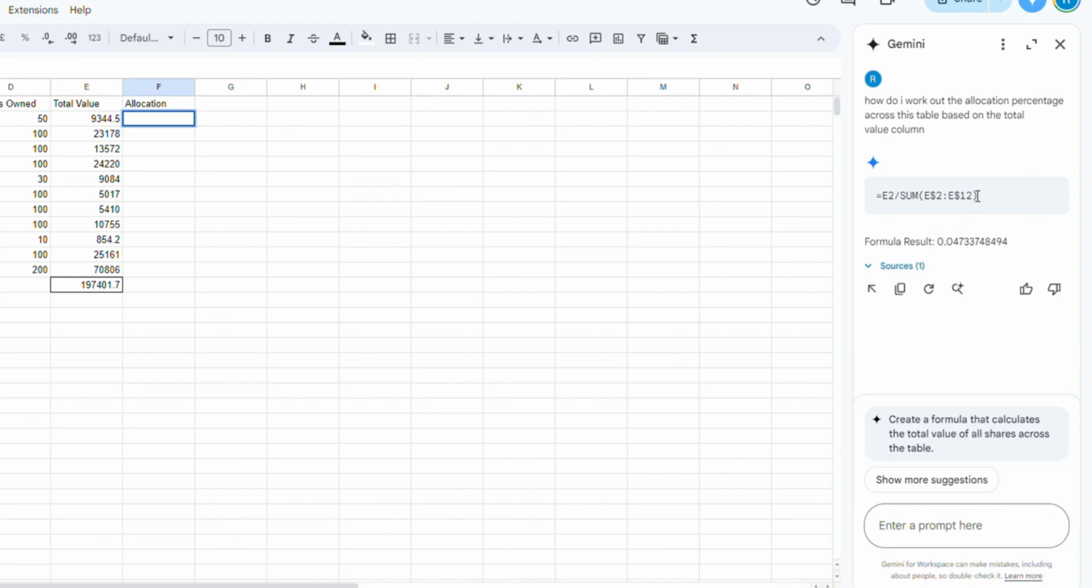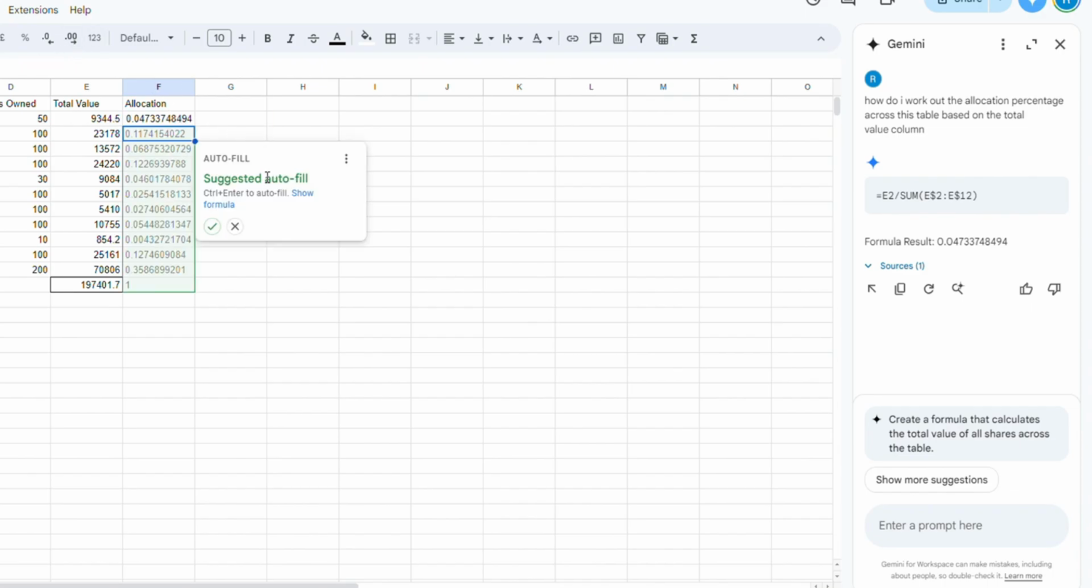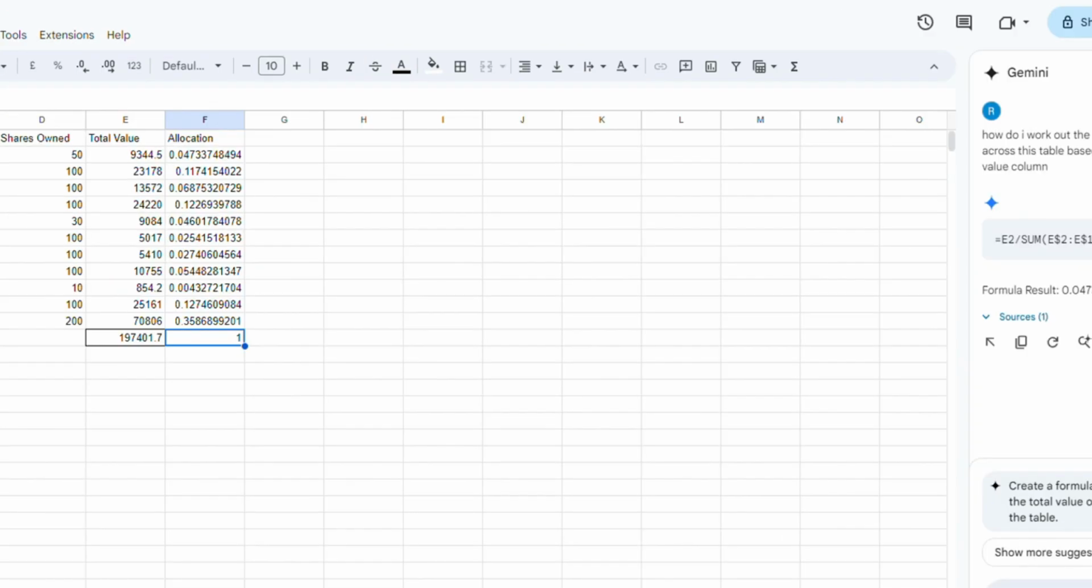So here's a response. It comes through. I'm just going to grab that, put that into the top of the allocation column and see if that gives us what I want. When I look at that and fill it down, it doesn't. It actually gives just numerical values. I'm after percentages, so I go back to